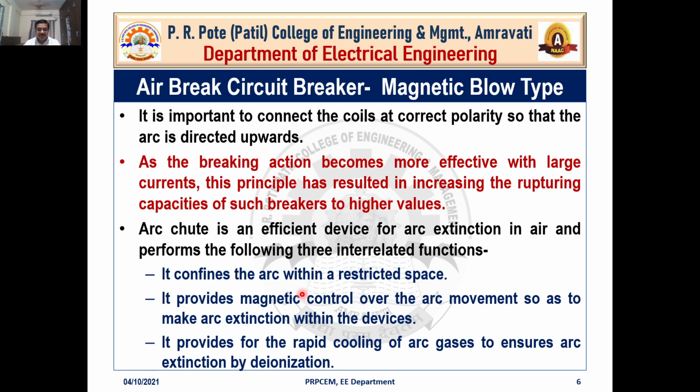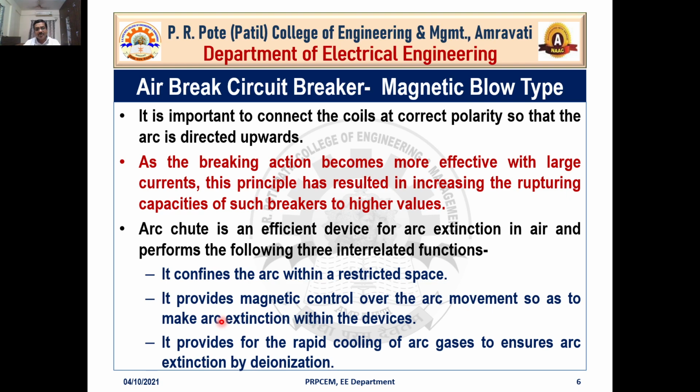Okay, it will not allow that particular arc to mix with the other regions. So whatever restricted space has been allocated where this arc has been drawn, within that restricted place only you can keep that particular arc. That way we can reduce the area of cross section of that particular arc.